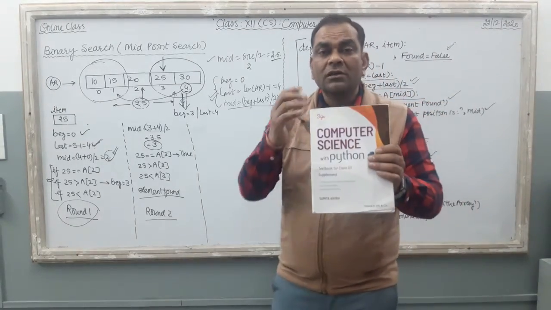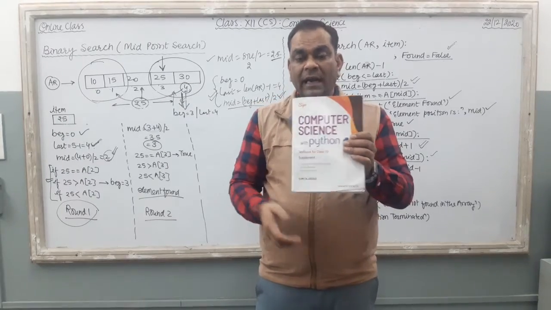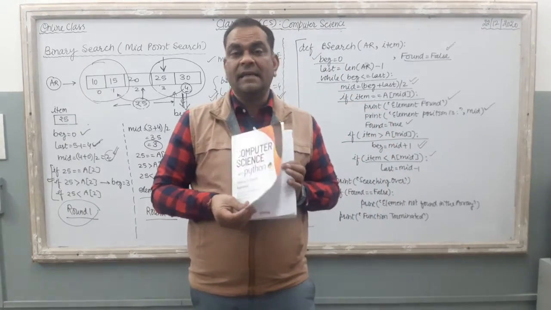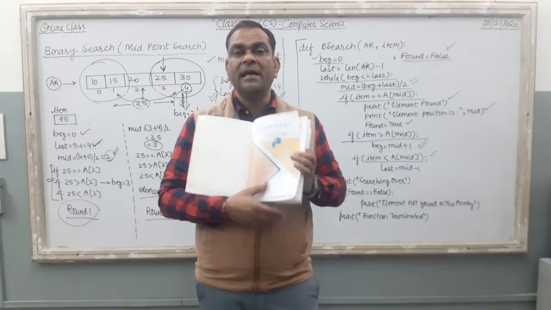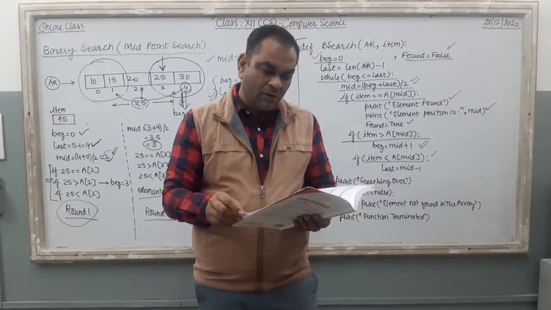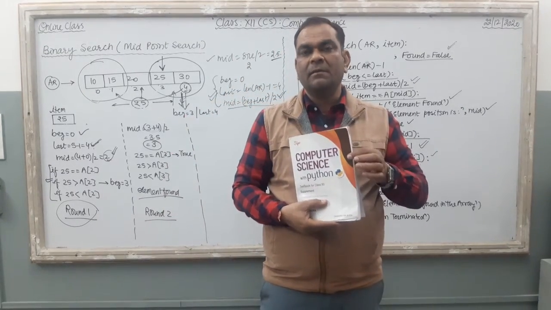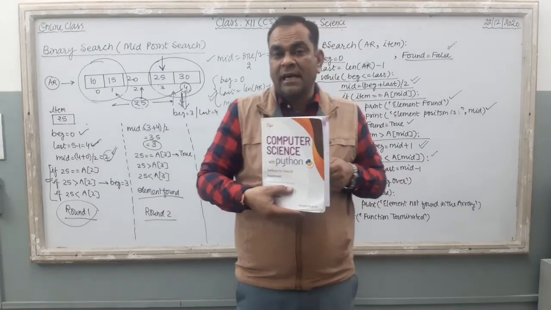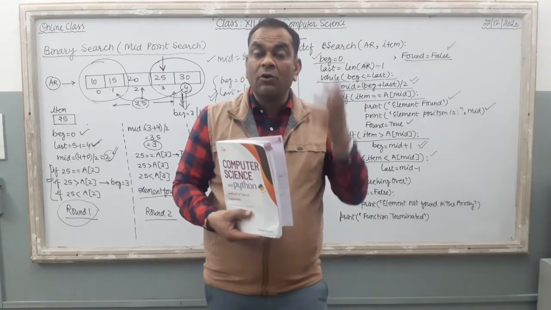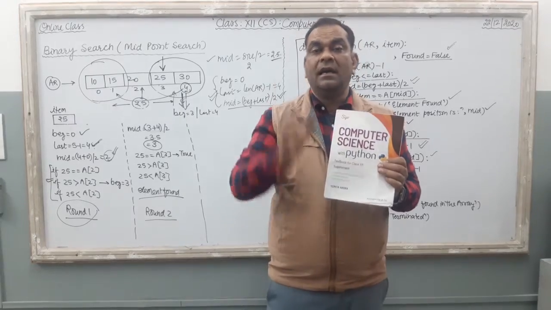This technique is much the same as a general concept. Suppose we want to search for a specific page in this book. Here the pages are in ascending order, right? This is the very first page, and just see the number over here: it is page number 200. It means the book runs from page number 1 to 200, all in ascending order. And if I want to search page number 130, right?